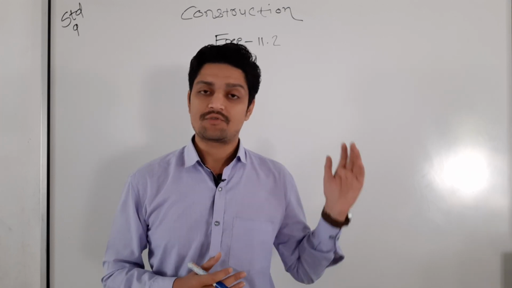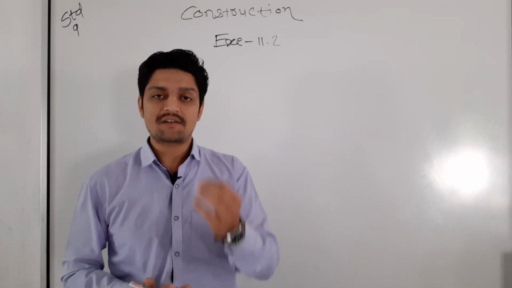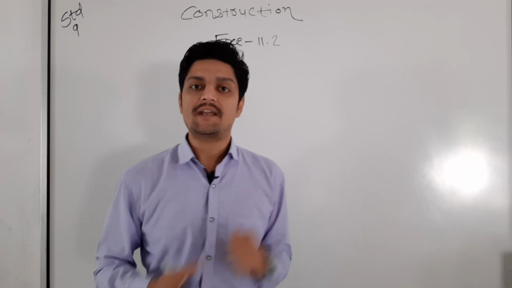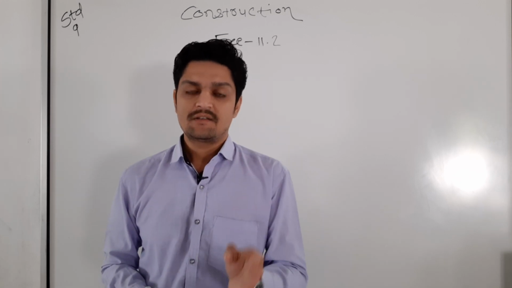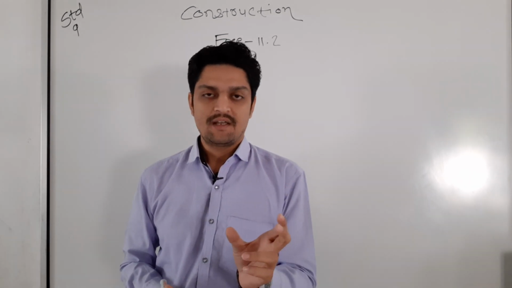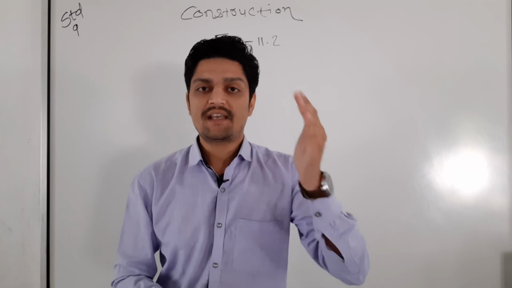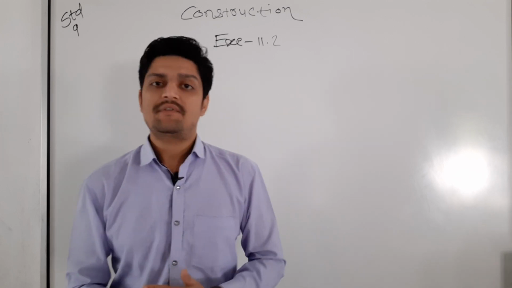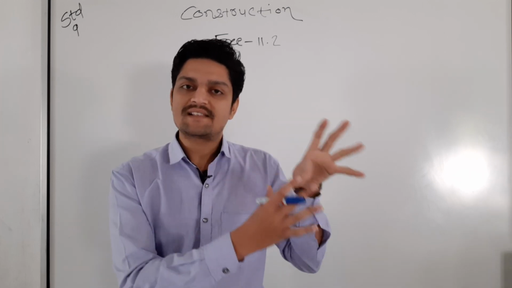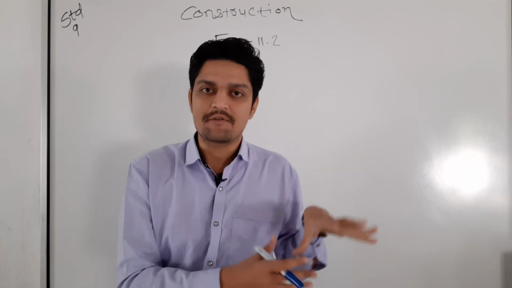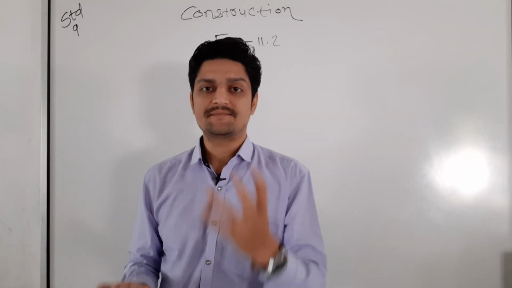Let us start with our first question. Three types of question will come. I am saying types, not number of questions; the number of questions can vary. The first type: the base and base angle are given, and we have to match the sum of the remaining two sides. Second type: the base and base angle are given, and we have to match the difference between the two sides. The third one: just the two base angles are given, and we have to construct the remaining sum of three sides.